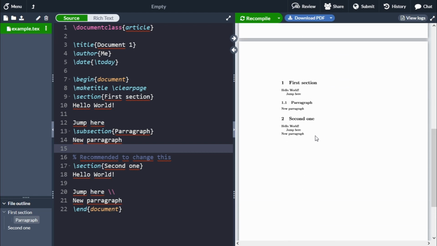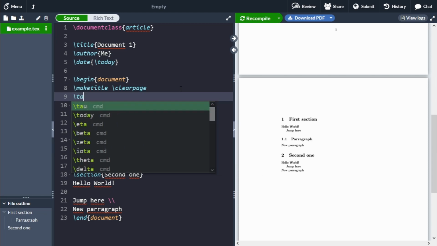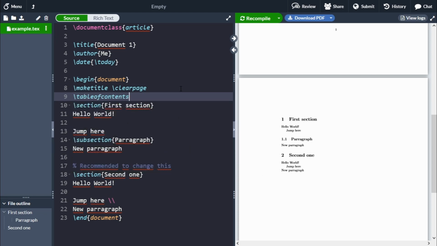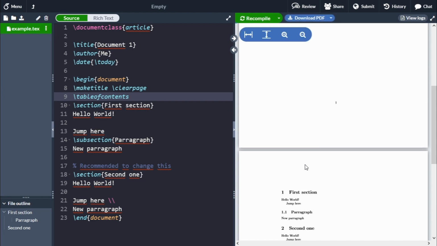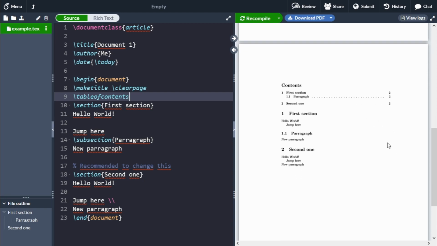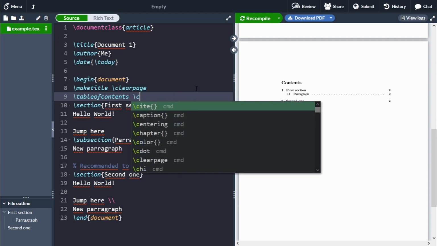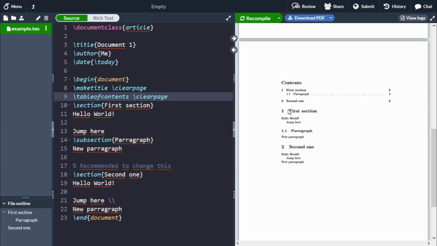But let's say you wanted to show the reader at the beginning every available section and subsection and in which page it is. So after the title page, let's add a table of contents. We render that. Then the table of contents is right here. It says which sections there are and on which page. However, same thing applies. You may want to have it on a separate page, so add a clear page, and